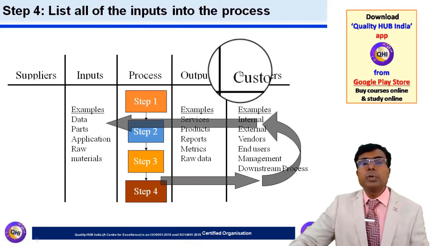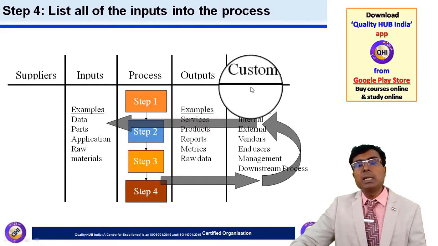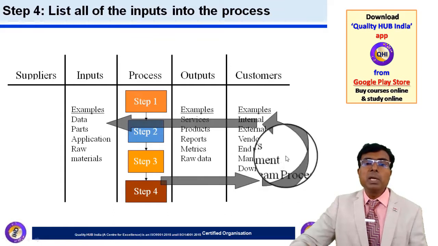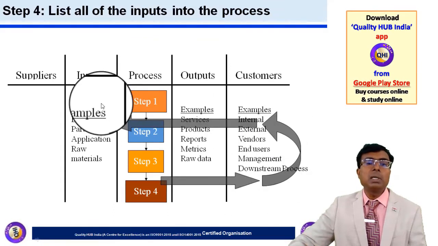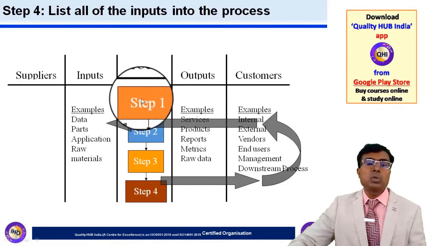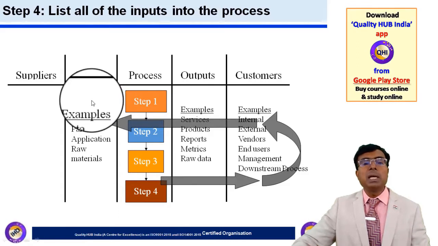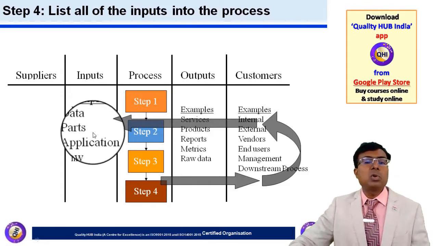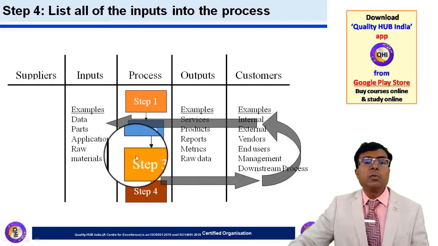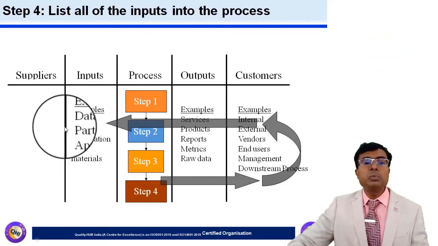turning back, so we are done with defining the process steps, identifying the outputs and identifying the customers. So we should head toward the input now, and these inputs are basically input for the process. So successful completion of this process depends upon the inputs, and the inputs could be data, it could be part, could be application, could be raw material. For an example, we have talked about forging process. So what are the raw materials to be received?